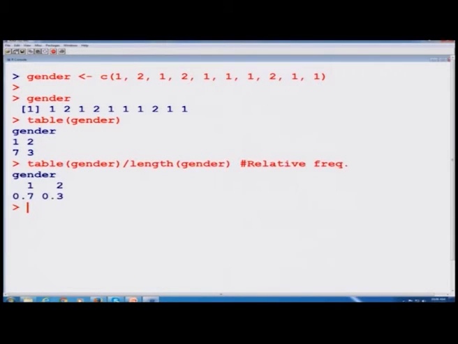And similarly, if you try to find out the relative frequency, you have to simply divide the table gender by the length of gender, and you can see here what is length of gender. This is here 10. So, this 0.7 is actually this highlighted 7 divided by 10, right.